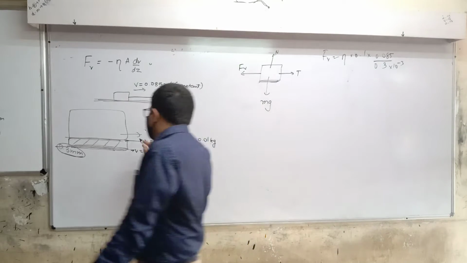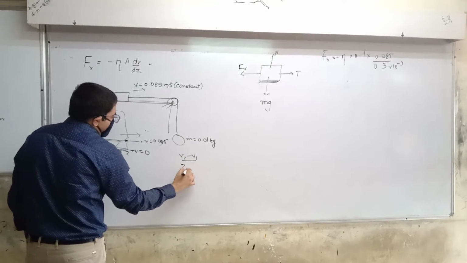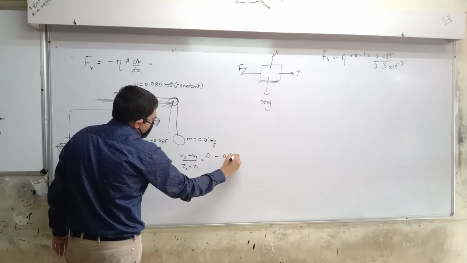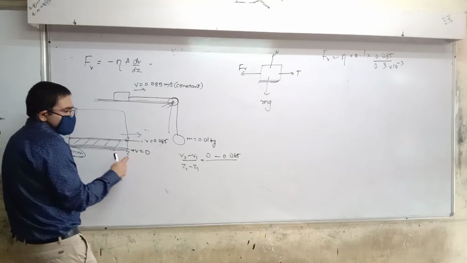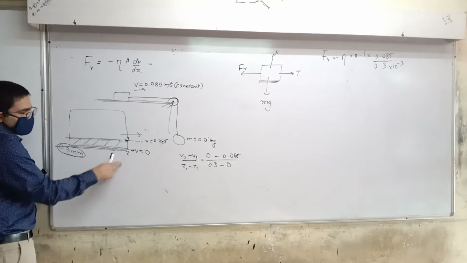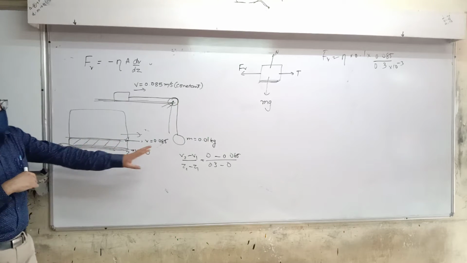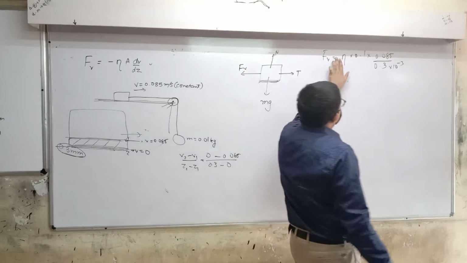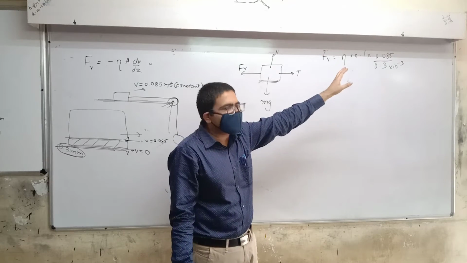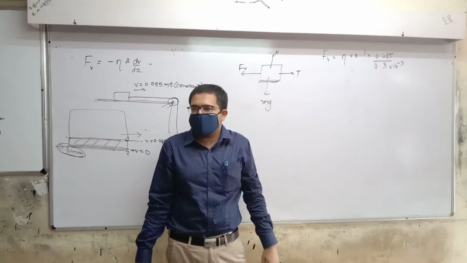Suppose I do it the perfect way. I have to call these 1 and 2. Then I have to do V2 minus V1 upon Z2 minus Z1. Then I'll get it negative. V2 is 0 minus 0.085 upon Z2 is 0.3 mm minus 0 mm. I hope that makes sense. If I do it that way, we're going to have a minus sign. But like I said, I'm not putting the minus here and I'm also changing this. So everything has been taken care of. Understood? So this is what we get as F.